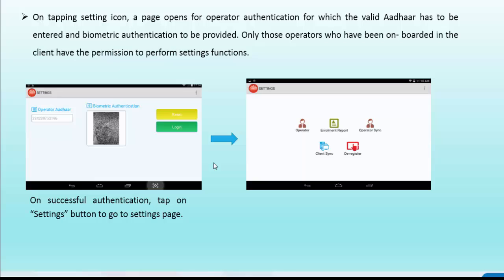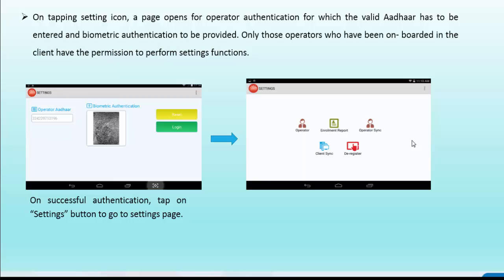As I have given in the screen, you can log in to the settings page. This second page shows the settings icons which are available in the CLC tab. The settings page has operator icon, enrollment report, operator sync, client sync and deregister. We will see each and every icon in the further slides.